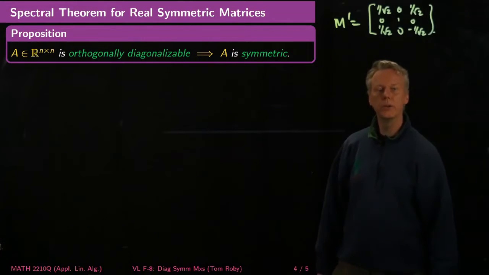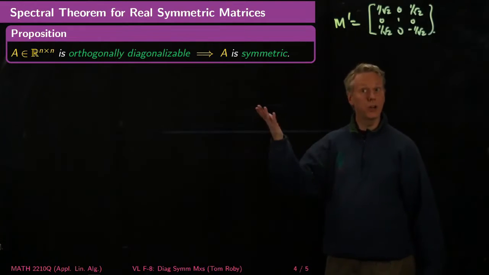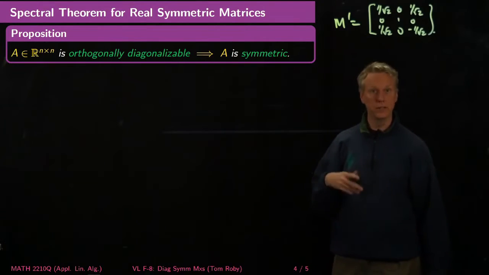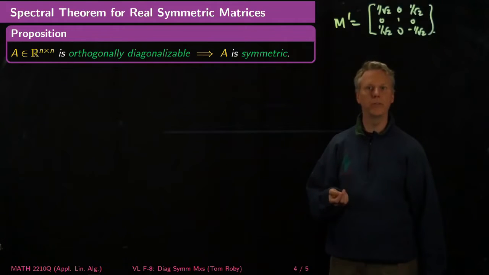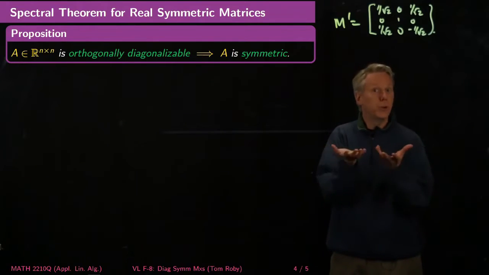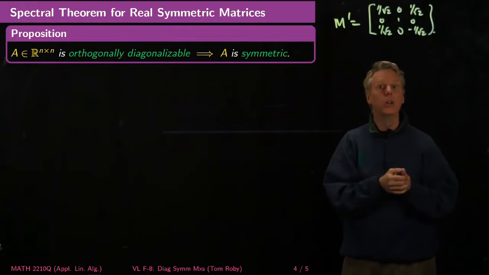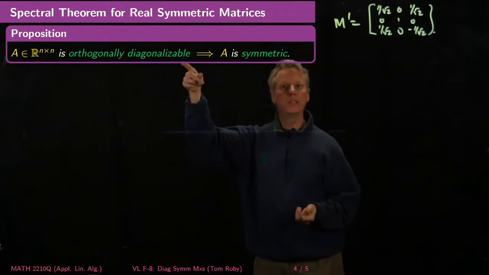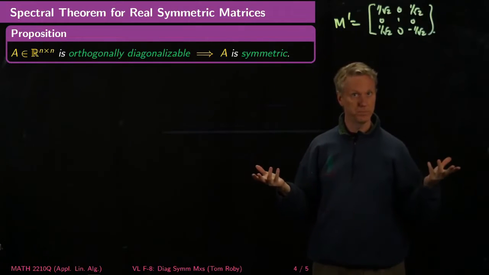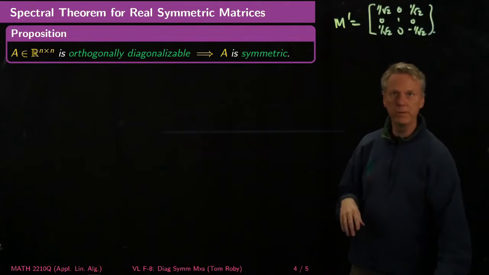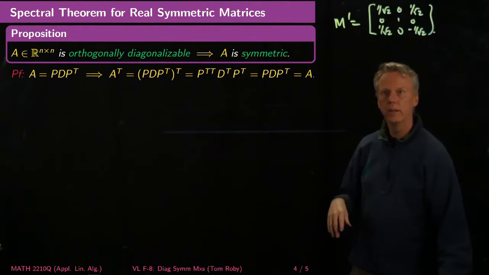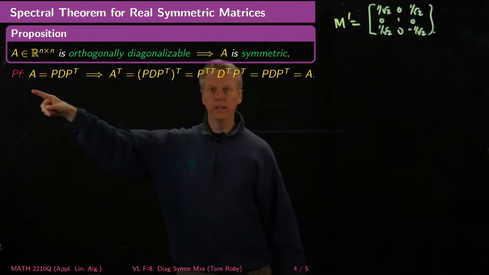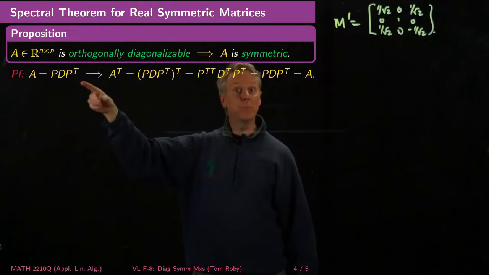Okay, so here's something that shows you that orthogonal diagonalizability is not something that you would expect every matrix to have. I mean, an ordinary matrix, we don't even expect it to be diagonalizable at all. But if it's symmetric, it will be diagonalizable. And if it's orthogonally diagonalizable, it actually has to be symmetric. And the proof of this is one line, right? Because if A is equal to PDP transpose now,